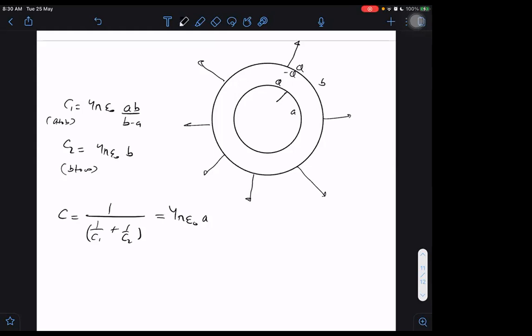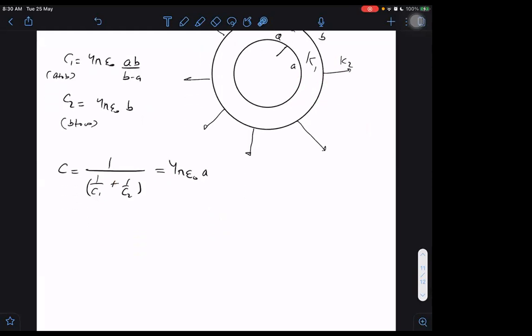Right. But this is valid only if there is no dielectric. If it is K1 here and K2 there, then obviously we can't say there's a single capacitance from A to infinity. Then we have to do separately, write K1 here, K2 here, and see what answer it will be. Then the answer will also depend on B. Here the answer does not even depend on B. And if it is a thick shell with inner radius B and outer something C, then also the answer will be different.